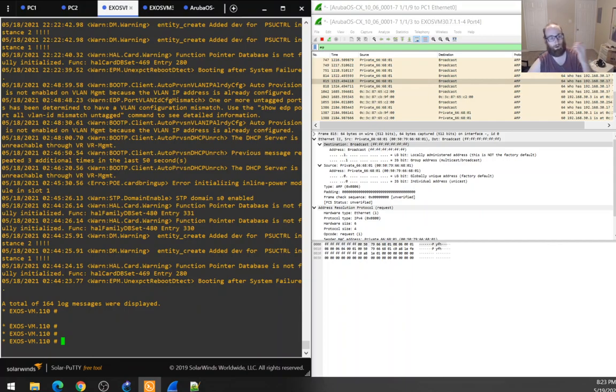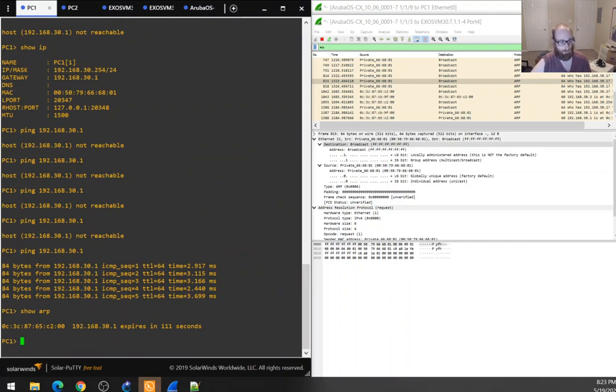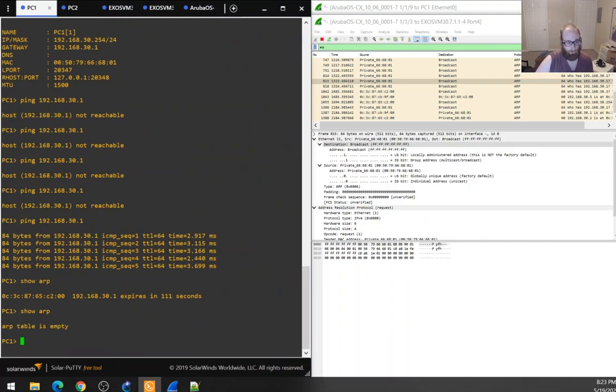Yeah, so no error message, no nothing, no knowledge that there is a duplicate IP. All it will do is ARP out for it, and whichever one it gets is the one that it goes with. So I can even